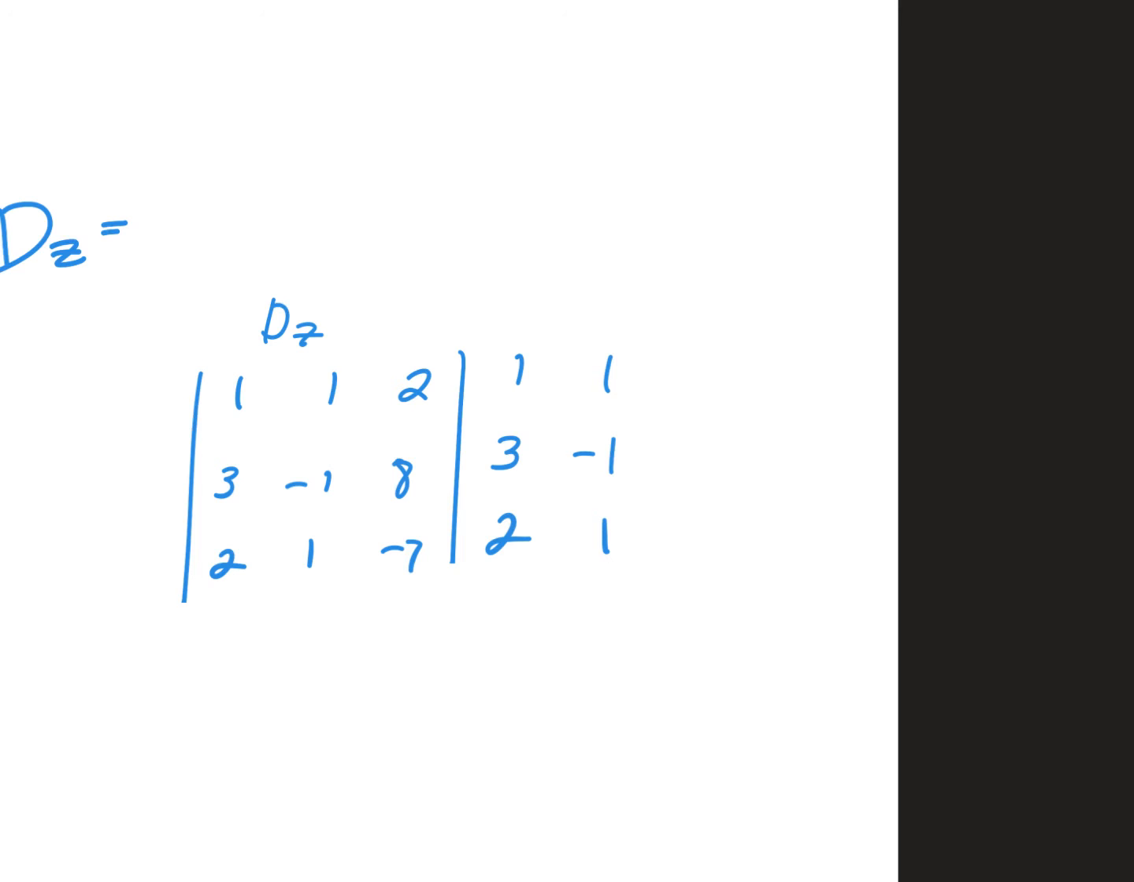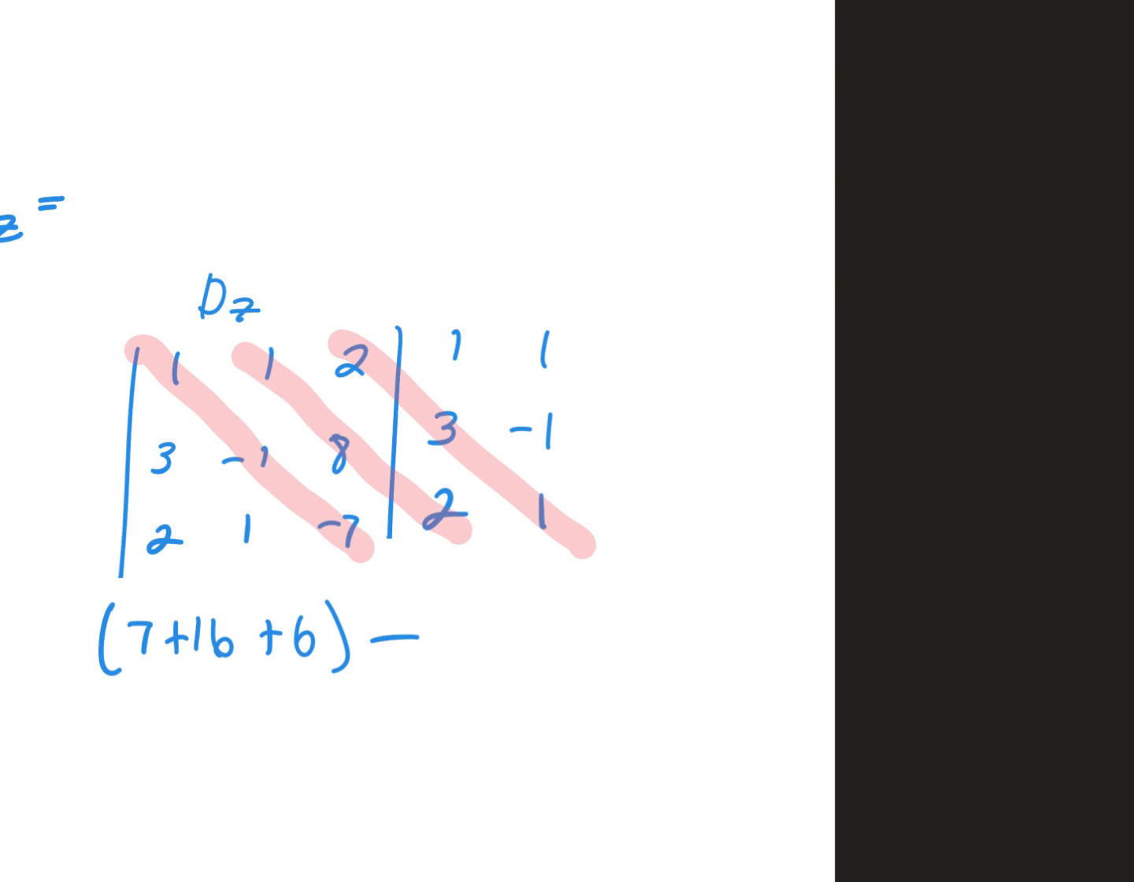And then we go top left to bottom right. That's our majors. So I say 1 times negative 1 times negative 7, 7. 1 times 8 times 2, 16. 2 times 3 times 1 is 6. Minus